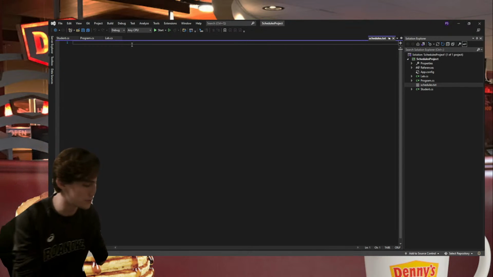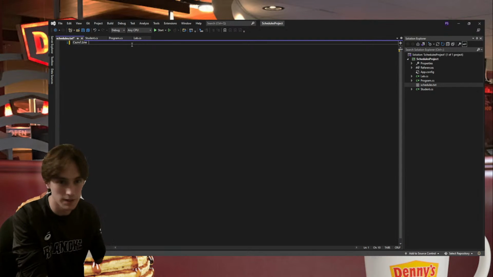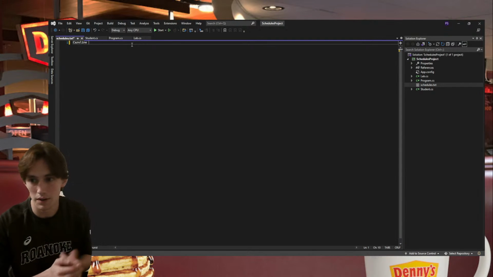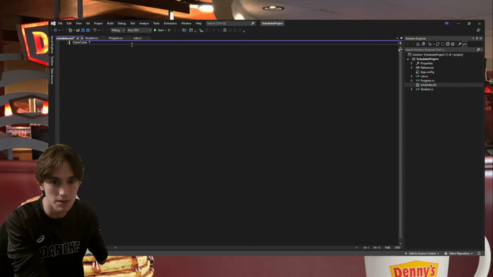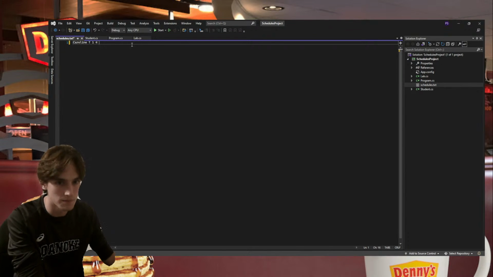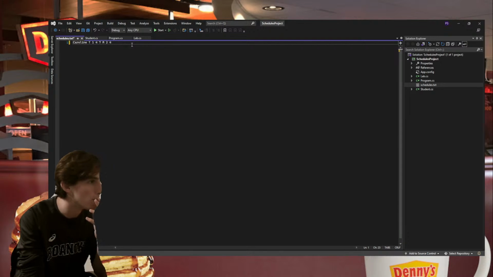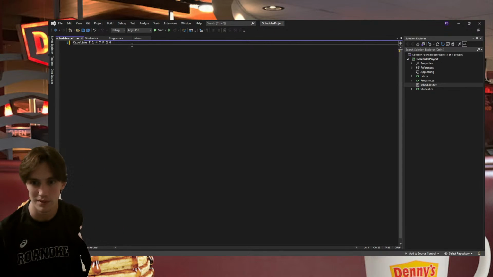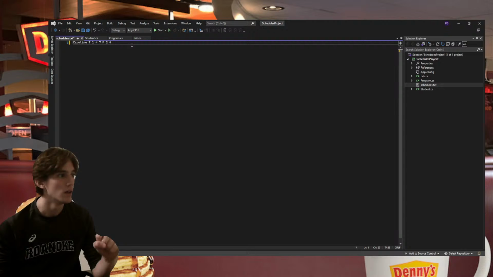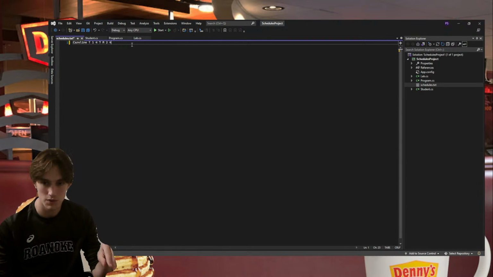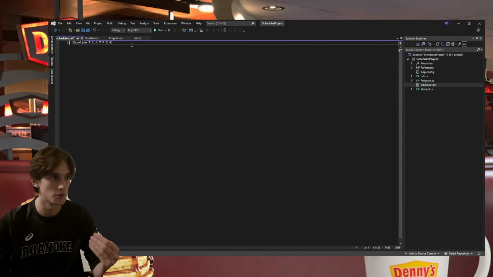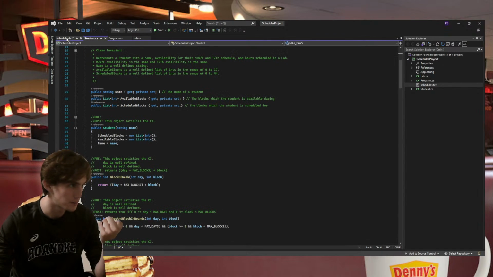say, here's a student, that's their name. On Tuesdays and Thursdays, they work blocks 1 and 4 and 7. And then on Monday, Wednesday, and Friday, they work blocks 2 and 4. So I want to be able to grab that from this file and then put it into my program and read it into, I have the student object set up. I'd like to be able to take this information and read it into a student object, and